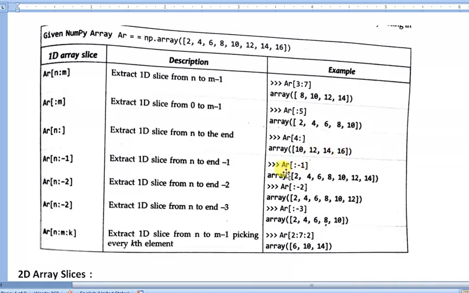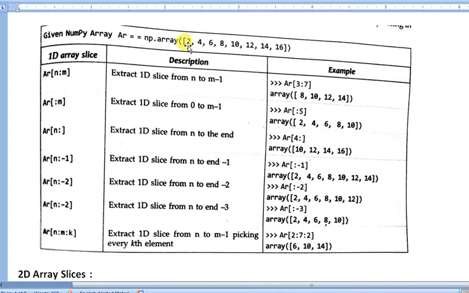Now ar[:-1], up to minus 1. You can understand the reverse indexing: -1, -2, -3, -4, -5, -6, -7, -8.